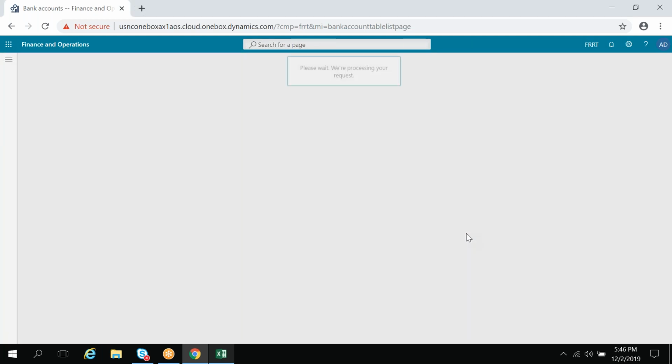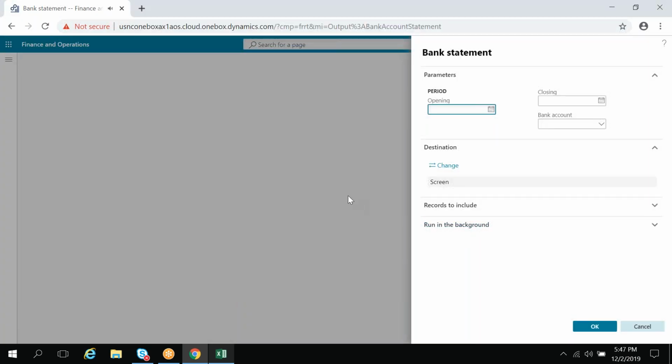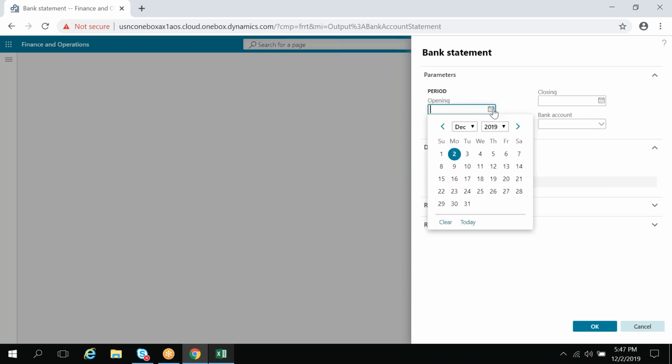Let us assume bank statements. These bank statements belong to the FRRT company. Let it be open. Okay, I need to select the period of company so that it will reflect the